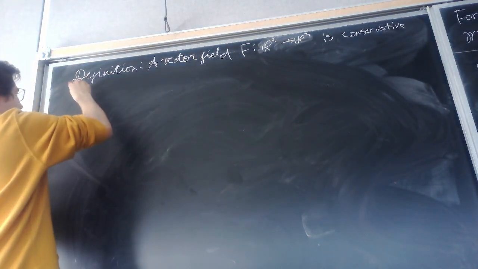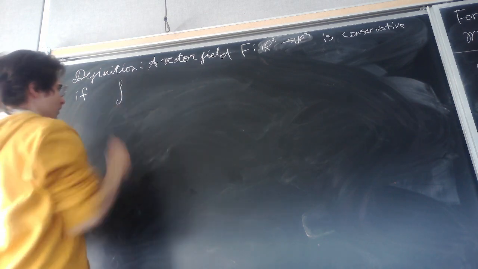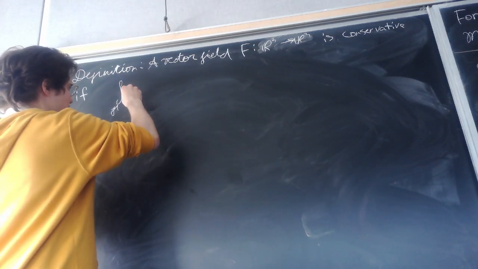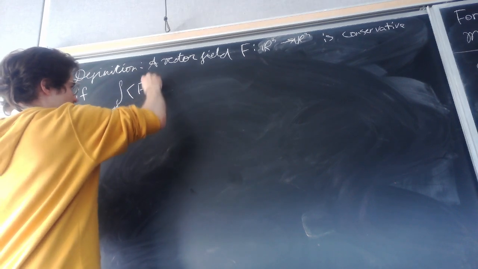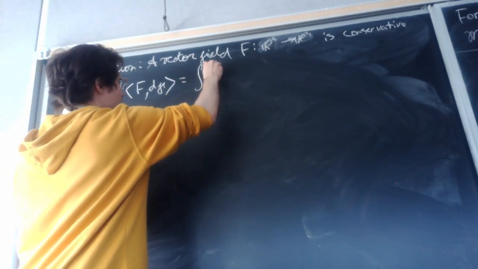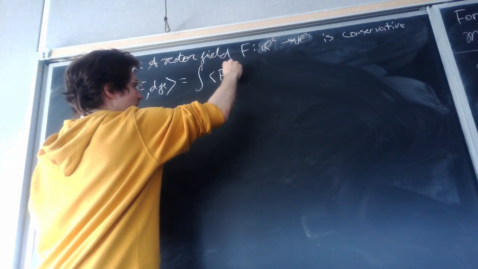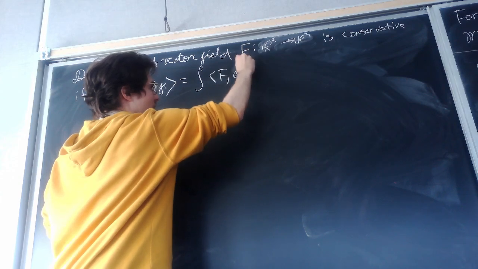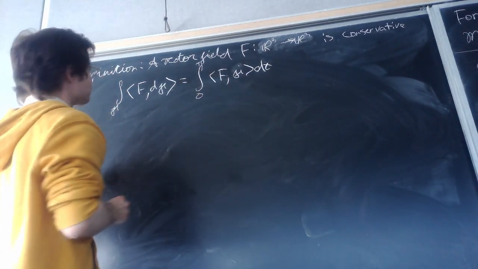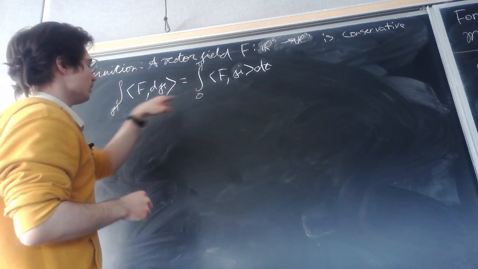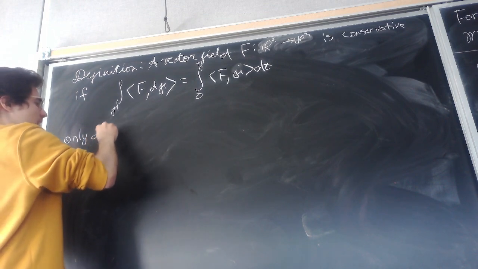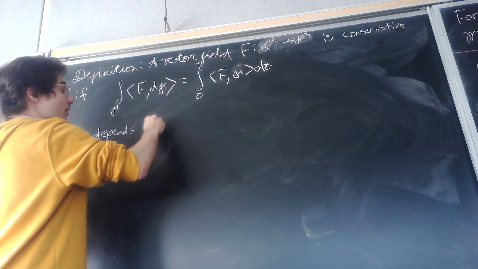So if this integral over gamma of F dγ, which we managed to define by doing this, from 0 to some time t, so if this integral only depends on the endpoints of gamma,